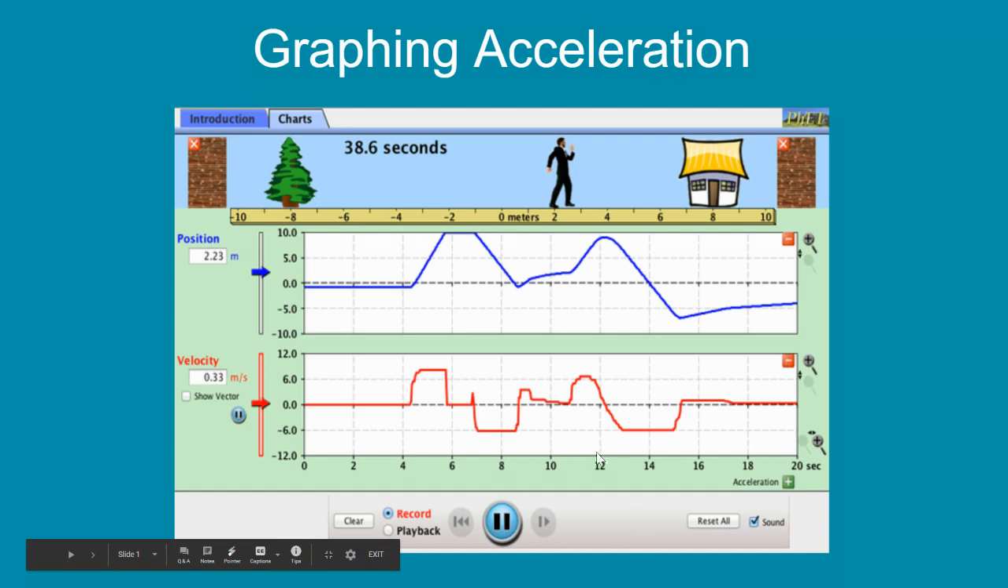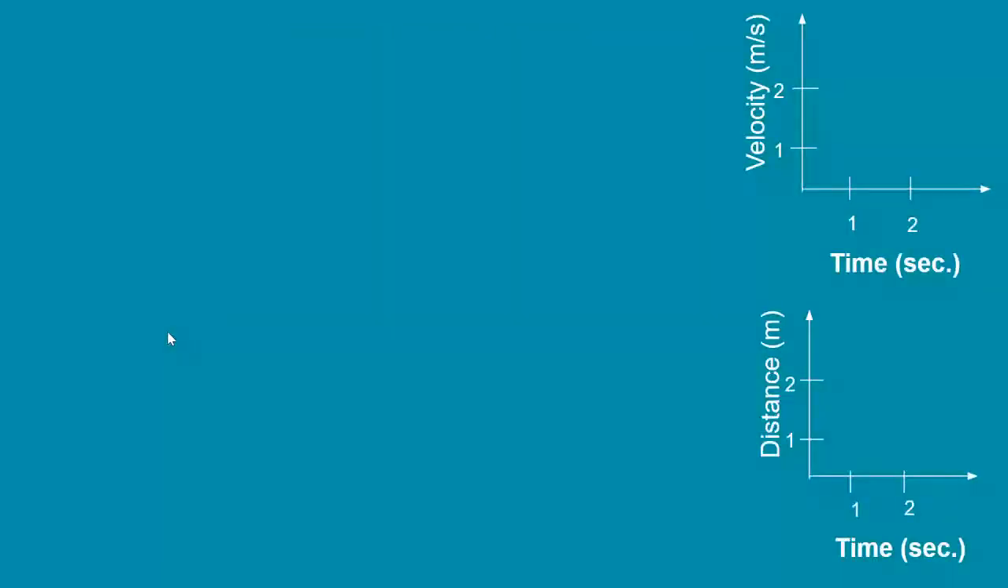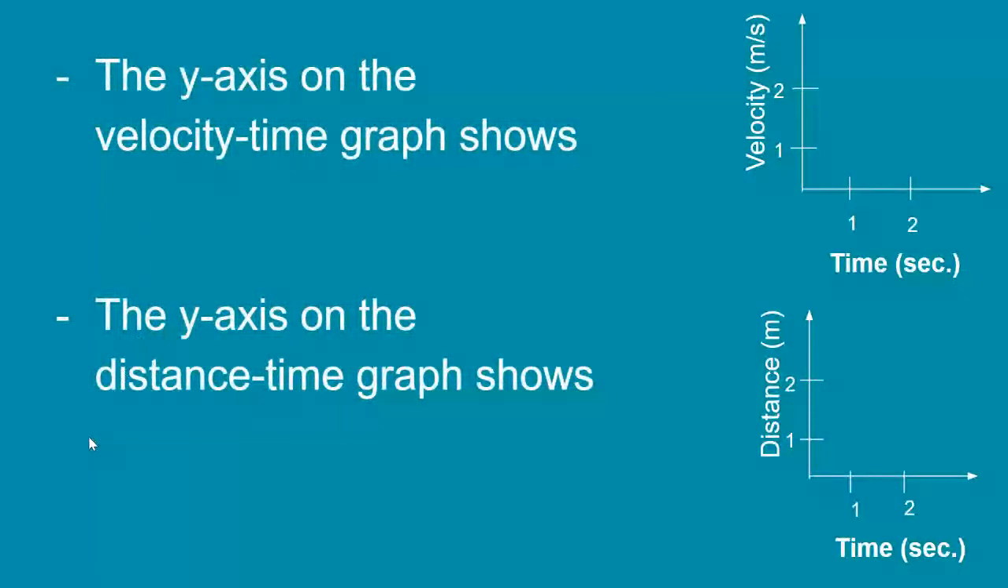So you can see on the front page here, we have a comparison of a position versus time graph and a velocity versus time graph. So that's really what we want to start out with. The y-axis on a velocity time graph shows velocity, and the y-axis on a distance time graph shows distance. But the big thing to realize here is that that velocity time graph is going to actually show us acceleration. The slope of the line there will be the change in velocity over the change in time. So a velocity time graph is used for acceleration, and a distance time graph is then used for velocity, like